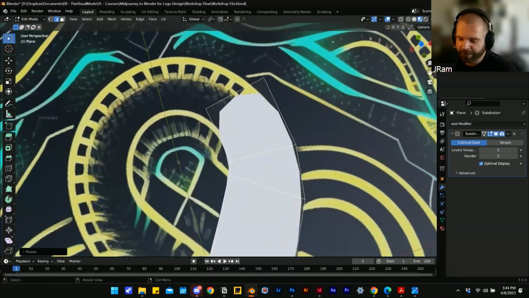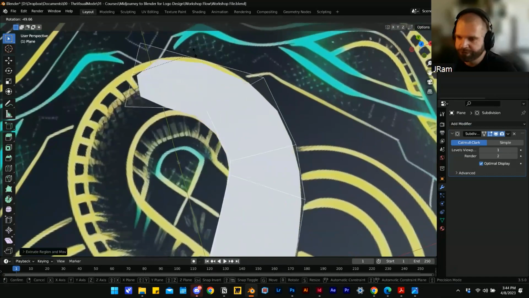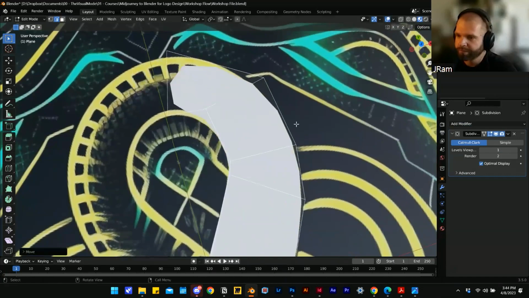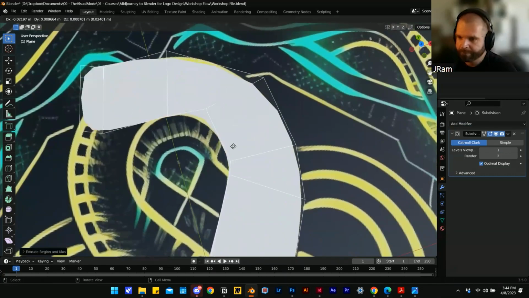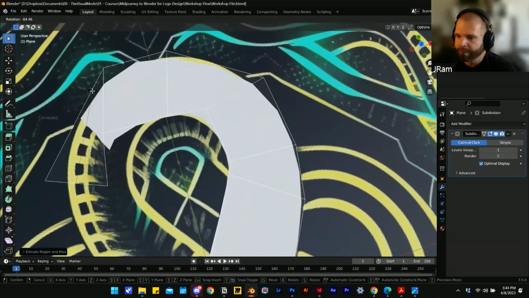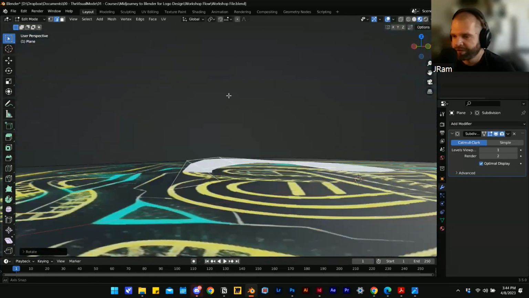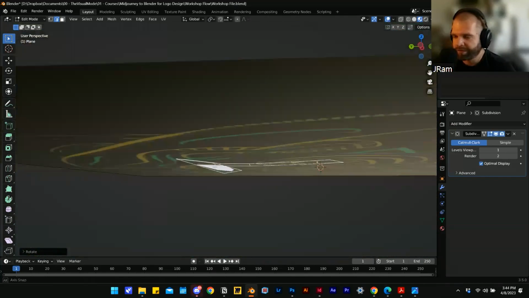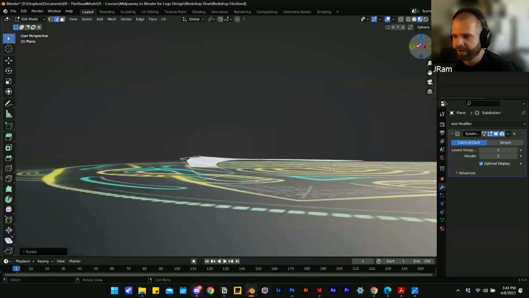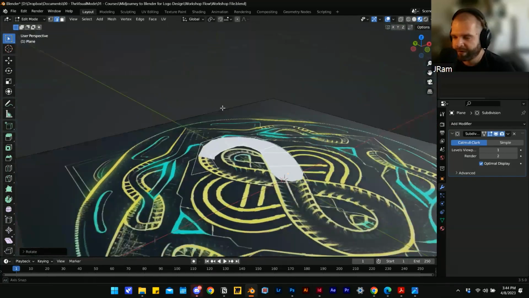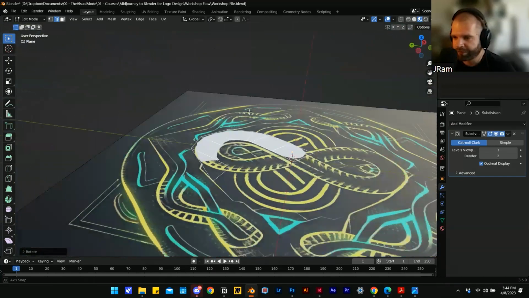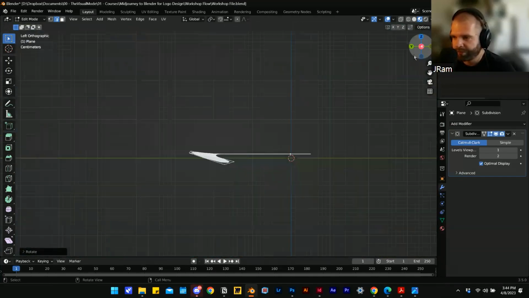And now to build this out, oops, extrude is with E. And you definitely want to be doing this in top view. So I just messed up, right? I was doing this in perspective and it flattened out. And I want to go back to top view to continue working. But if I do that, I'm working in a distorted 3D view. So the way to fix that is you go into side view, you select everything, and then you hit S